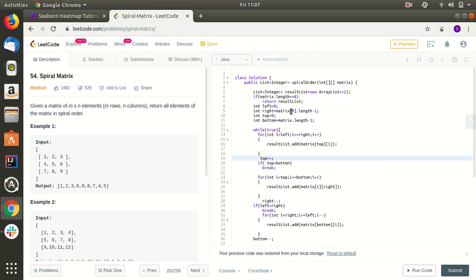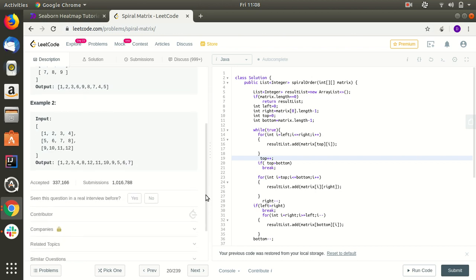Hello friends, today we will be solving a LeetCode medium level complexity question which is Spiral Matrix. In this there will be a 2D matrix given. We will be given a matrix of 2D structure which consists of m rows and n columns. We need to print the elements in the spiral order, meaning if this is the matrix, we will be printing 1 2 3, then 6 9, then 8 7 4 5. So in a spiral way we need to print.